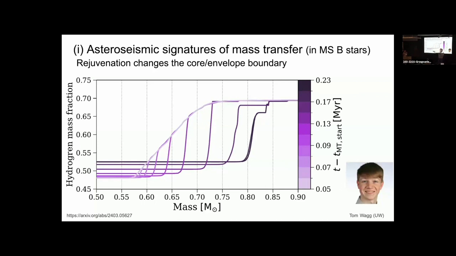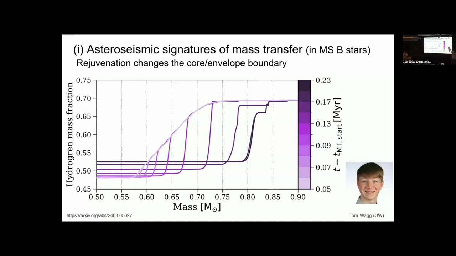Okay, that's the main sequence core receding because you're turning hydrogen into helium. But then as the colors get darker, you see that this boundary gets steeper and moves outward. This is the convective core of the star that is growing because the mass of the star is changing. But the important thing here is that this core envelope boundary, here I'm showing it with the hydrogen abundance, but